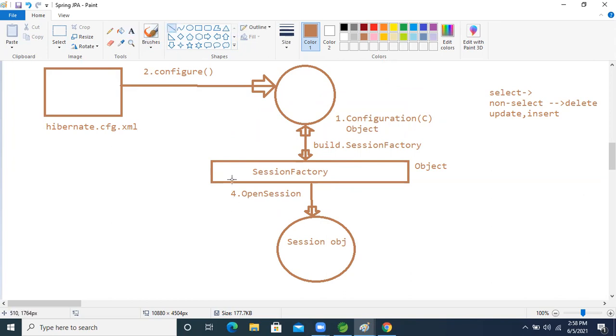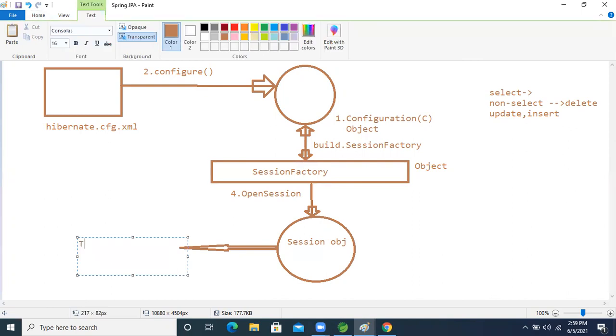The transaction involves commit and rollback. So if a non-select query is there, you call the transaction object and begin the transaction.